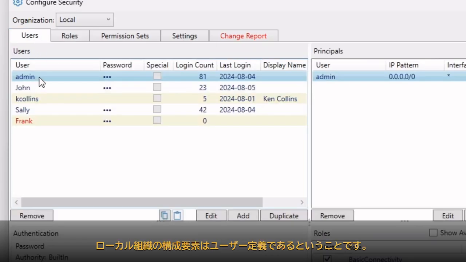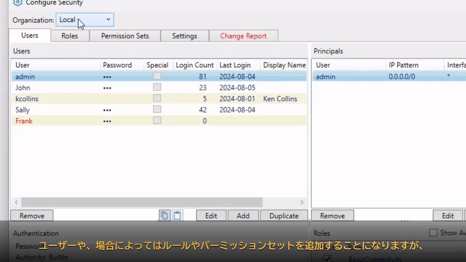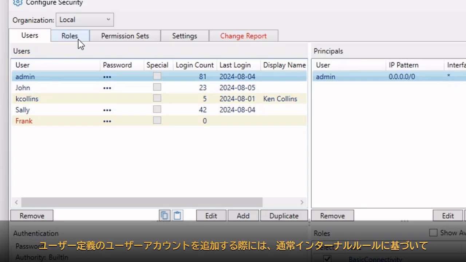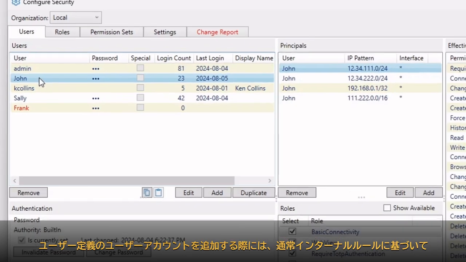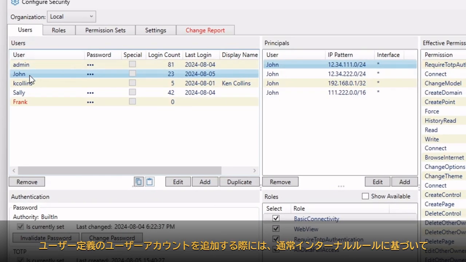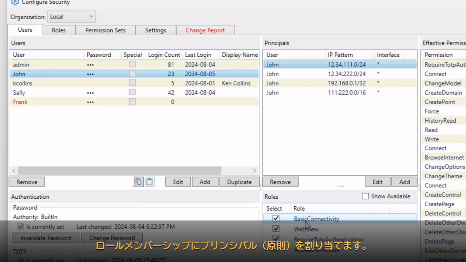It does ship with the admin role, but the idea is that constructs in the local organization are user defined. And so the expectation is that the DataHub administrator will add users and possibly roles and permission sets that they want to work with. But in adding a user-defined user account, they will then typically assign the principals the role membership based on the